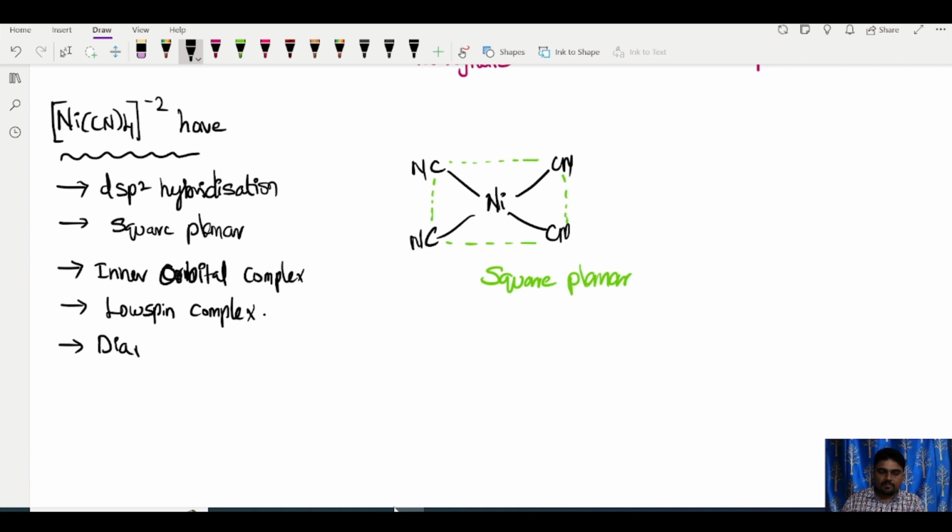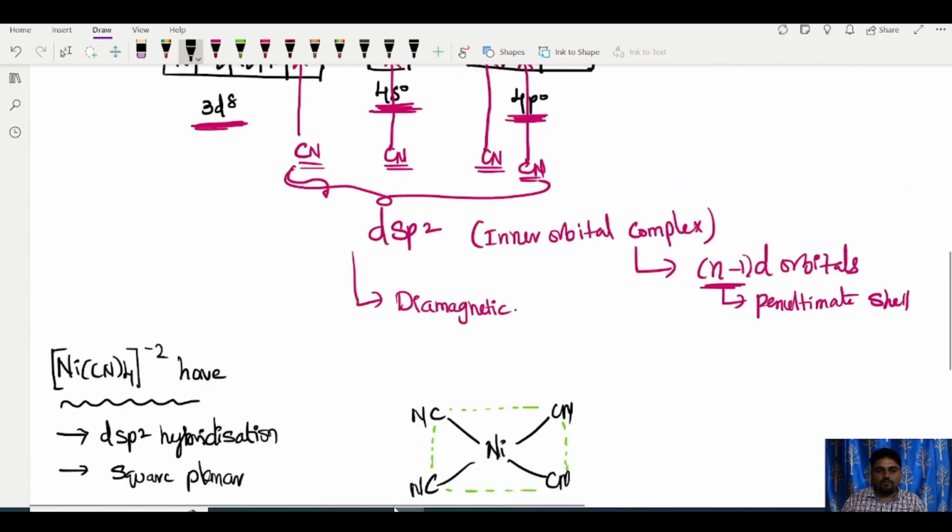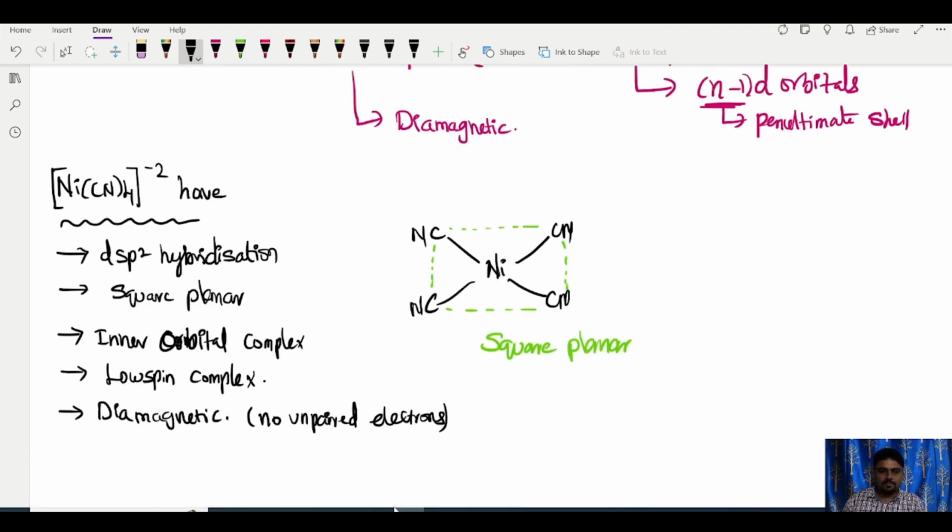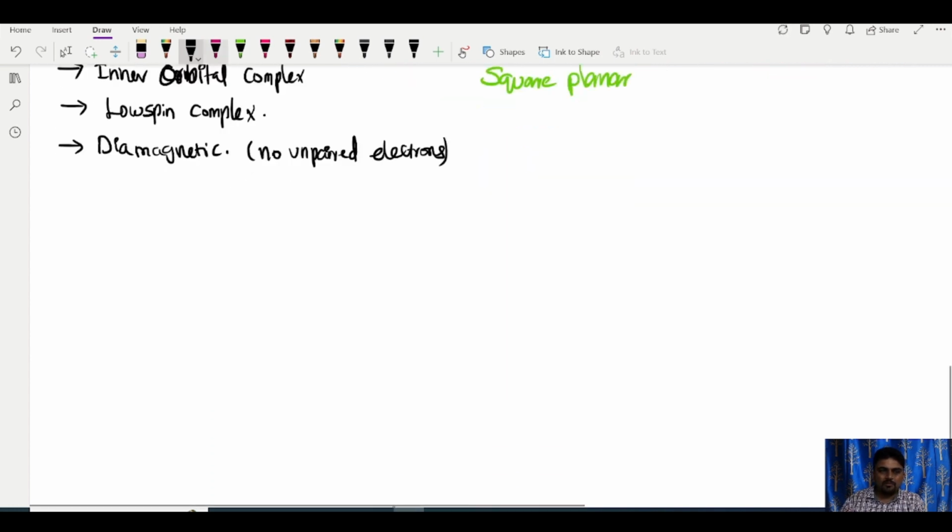And it is diamagnetic. It's a diamagnetic complex, the reason being no unpaired electrons. From this one only they are always asking questions, from these factors. They may give Ni(CN)4 2- and ask whether it is diamagnetic or paramagnetic, or what hybridization is involved, like that they will ask, right? And next we have another complex,